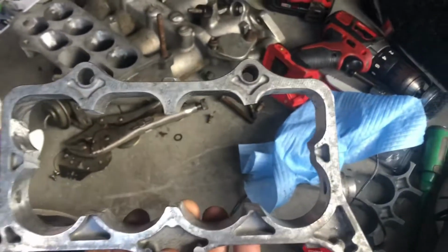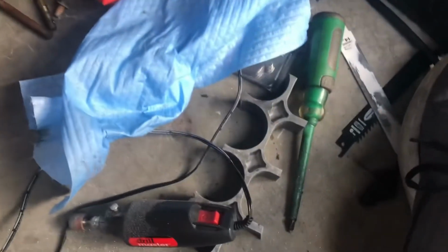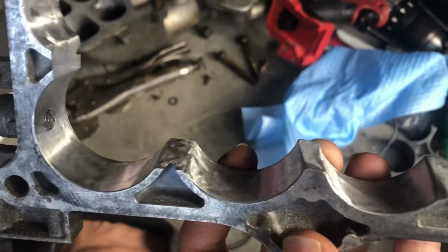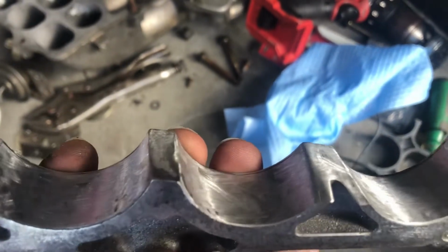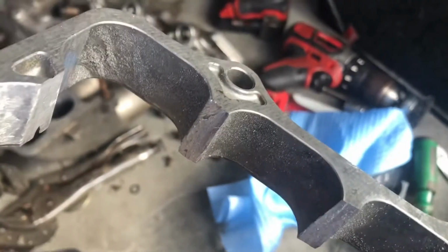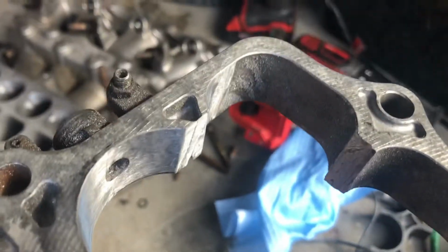Alright, so we got the centerpiece out. It's chilling over here. We went ahead and started cleaning up some of it. So had all the edges rounded off, cleaned up. And you can see these are the ones that I still need to do. See how rough they are. All the stuff like